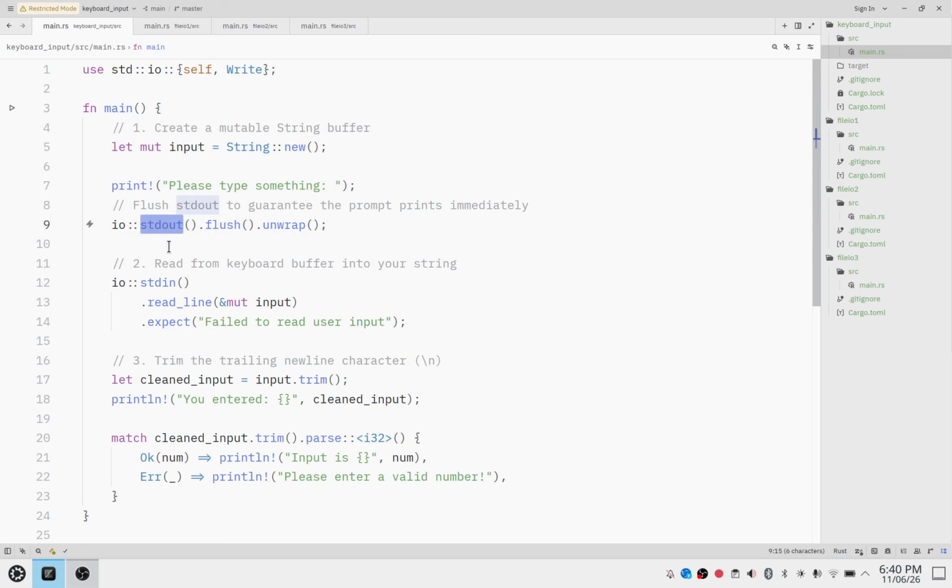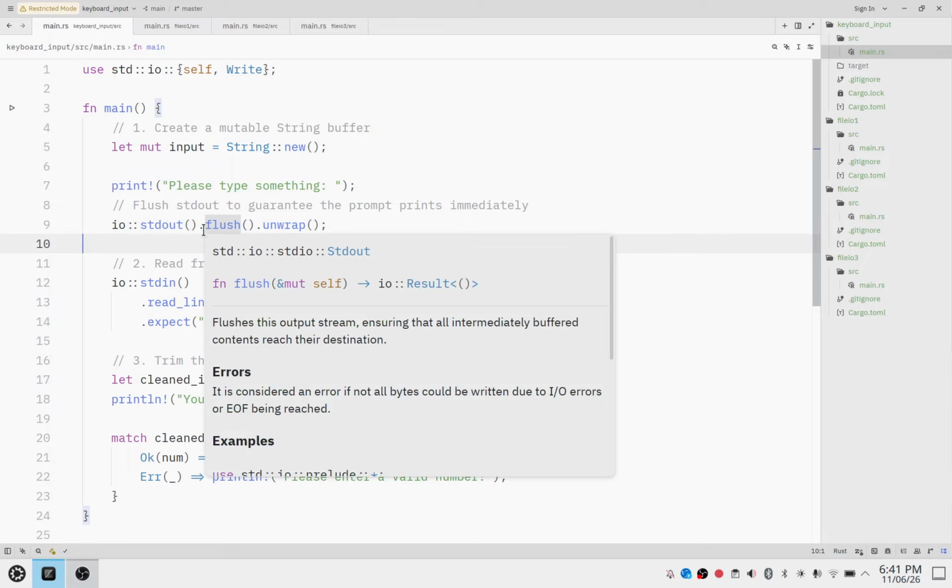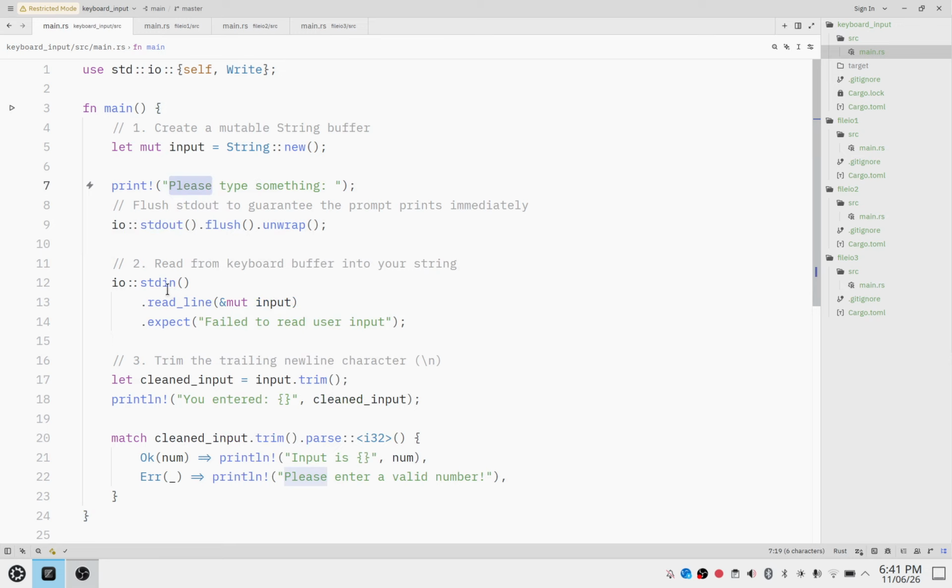Now there are three file descriptors usually associated with terminals or consoles. One is stdout, standard output, that is file descriptor number one. The second is standard in, called stdin, and the third is stderr, standard error. So we flush the standard output file descriptor, and this will ensure that this string is written, and then we